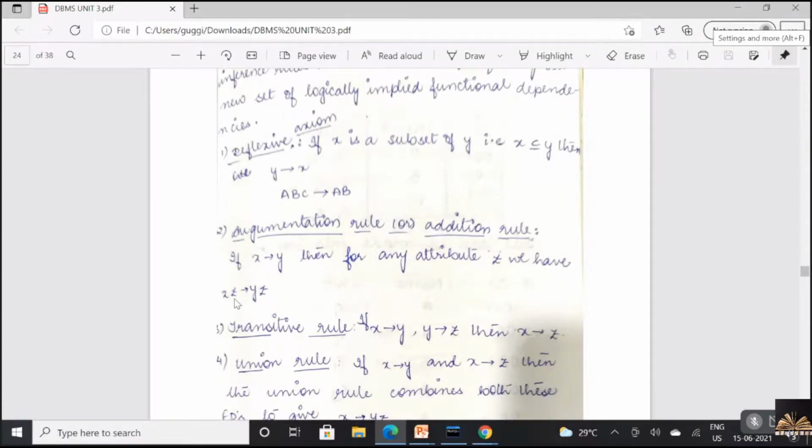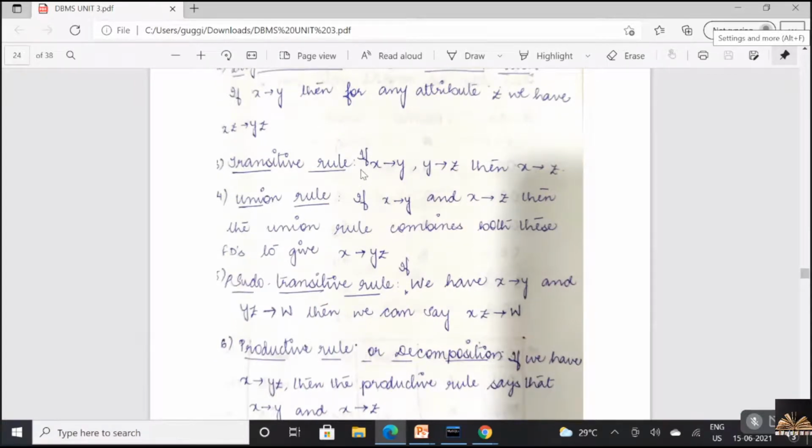So whenever you say SID implies SName, I can say X SID will imply X SName. So you're just trying to add certain attributes on both the LHS and RHS of the functional dependency. That is the concept of your augmentation rule. So this would be used while you're working with your finding out keys, all that stuff. Already I've used the reflexive property. So the next one is